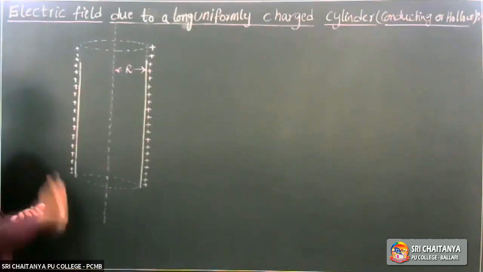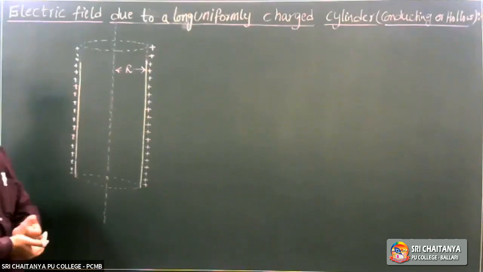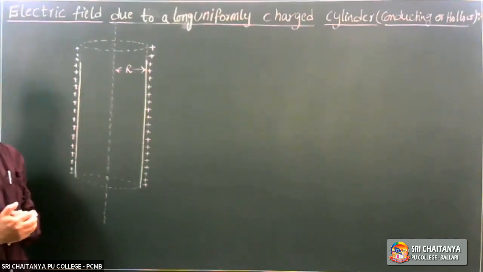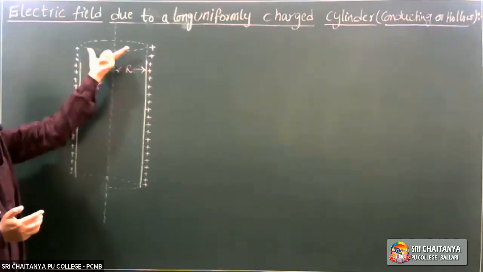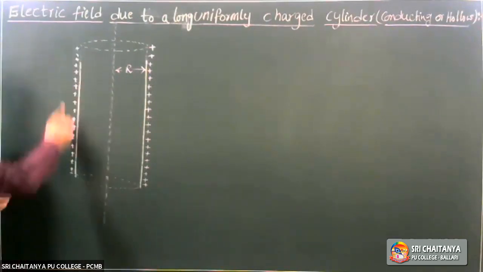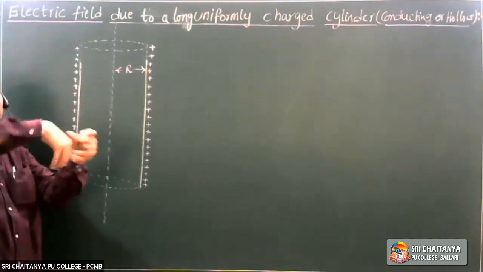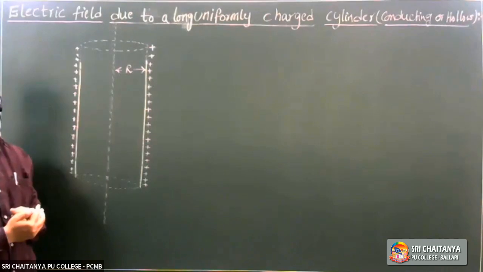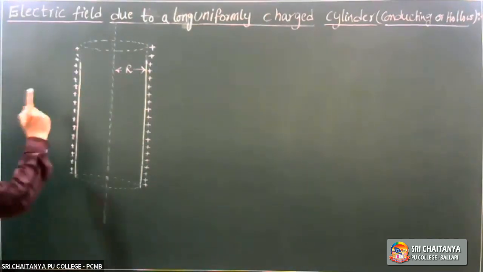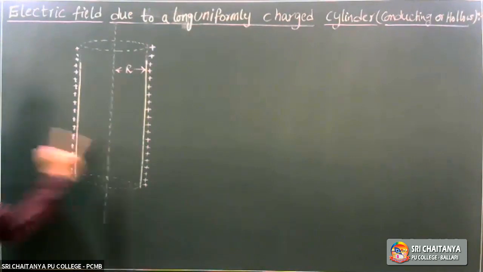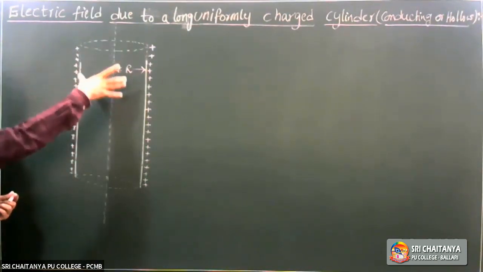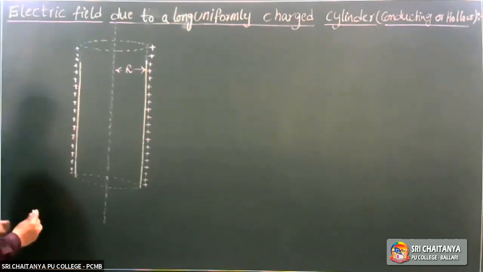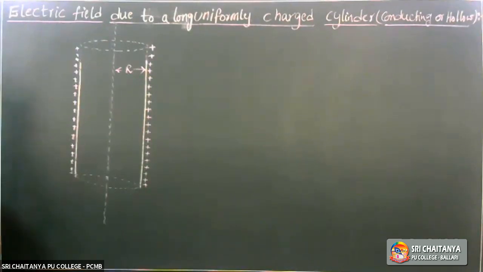As it is a hollow one or conducting, in the sense of metal, if you give charge, the charge comes onto the surface like this. So the total charge accumulates on the curved surface of the cylinder, right? Whenever this type of bodies are given, the charge is distributed uniformly on the surface. So for this type of bodies, they give surface charge density.